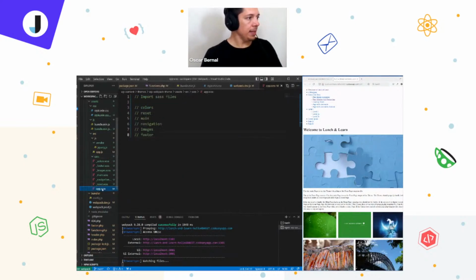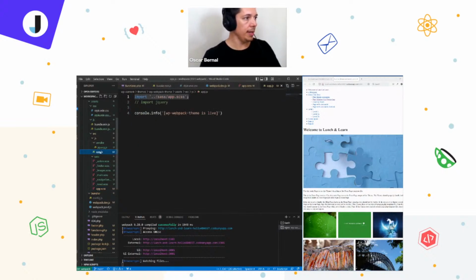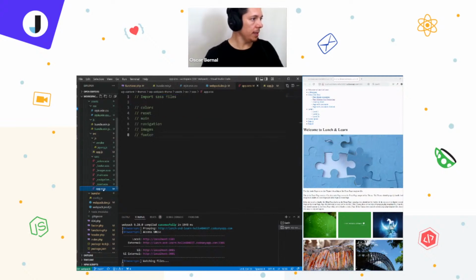So I have my app CSS. Remember that I showed you a bit ago? And this is called in the app.js, right? There are other ways to do it better, but just for demo sake, let's just go with this for now. Okay, so I have this that is completely empty, and I could start writing some code. Again, for demo sake, I already wrote some stuff, so let's just start importing here, and let's see how browser sync helps me out with development. The first thing I'm going to do is import